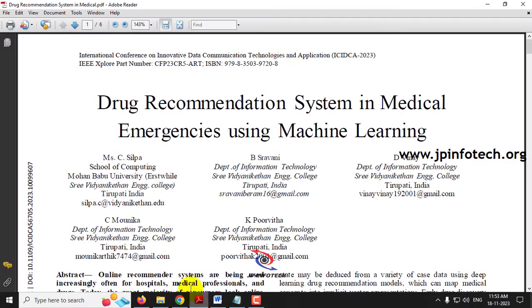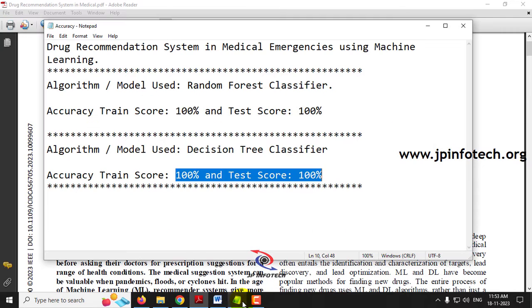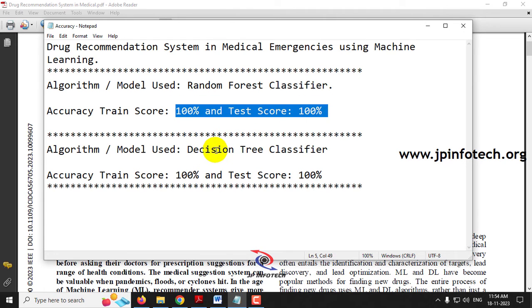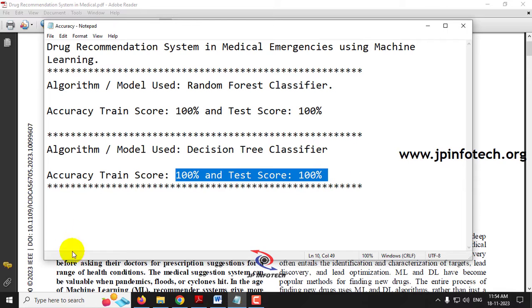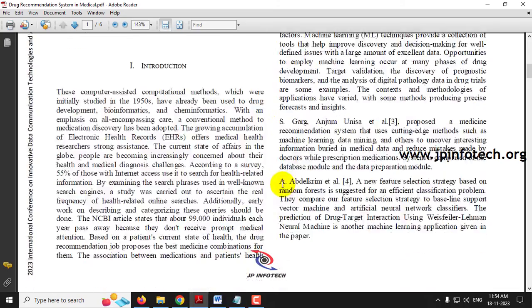What modifications have we made from the base paper to our proposed system? Let us list the enhancements. First, we have used the Random Forest Classifier. Second, we have increased the accuracy score, even for the Decision Tree Classifier. Third, we are going to increase the features.